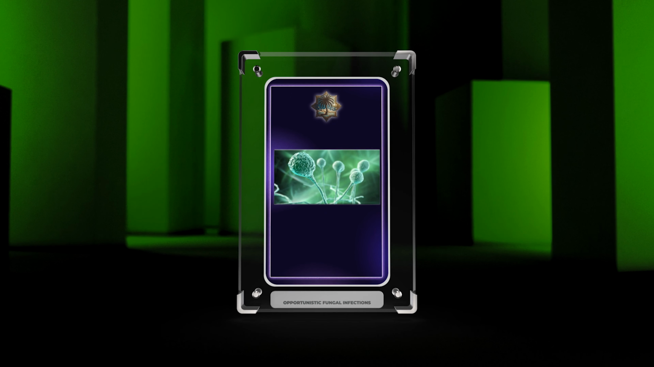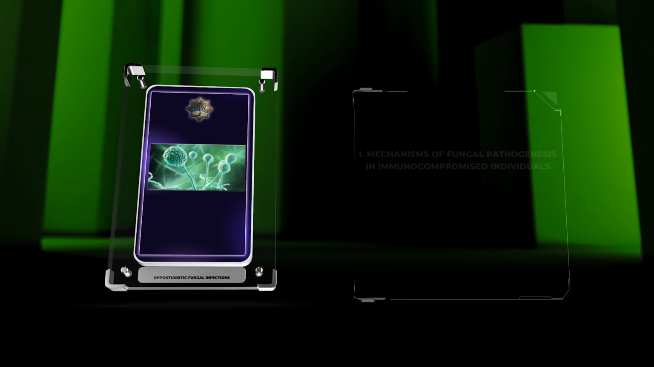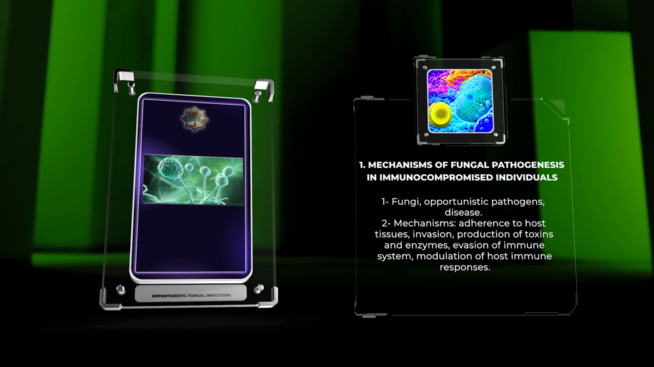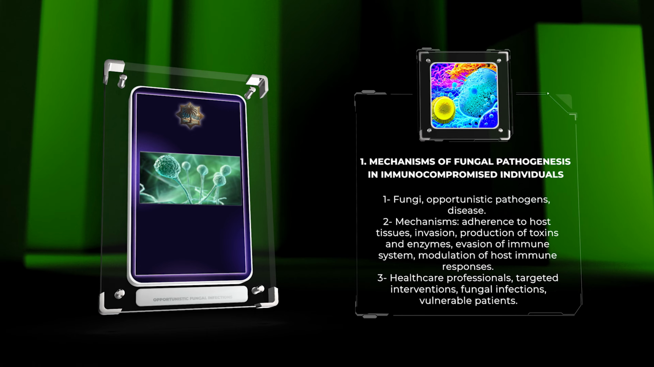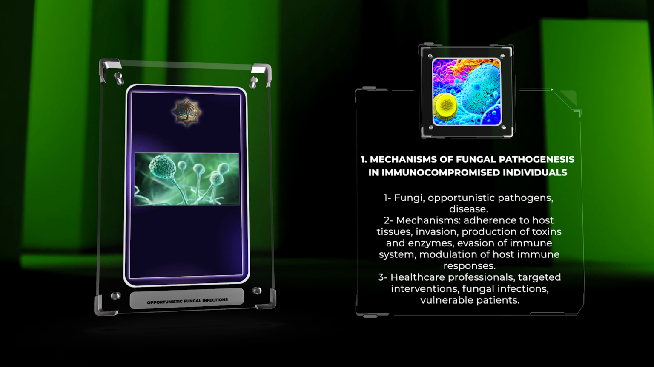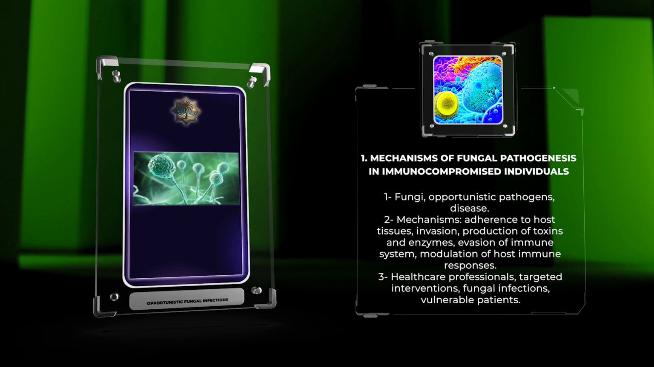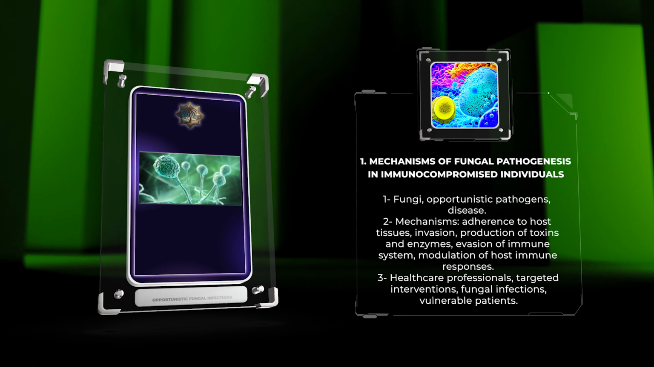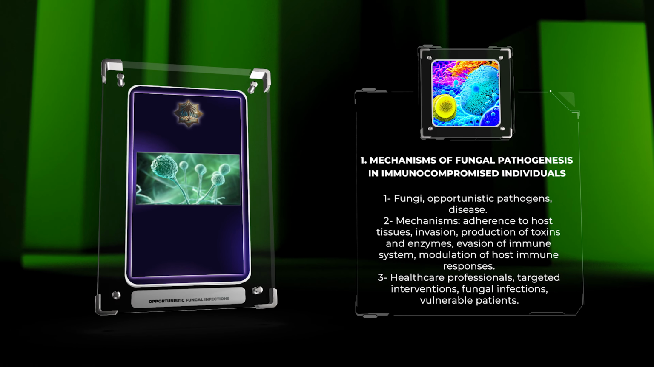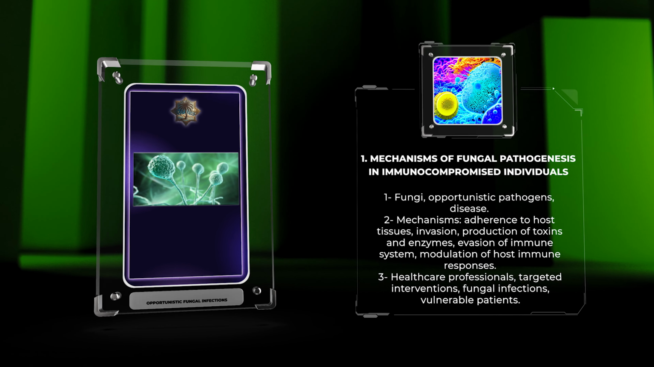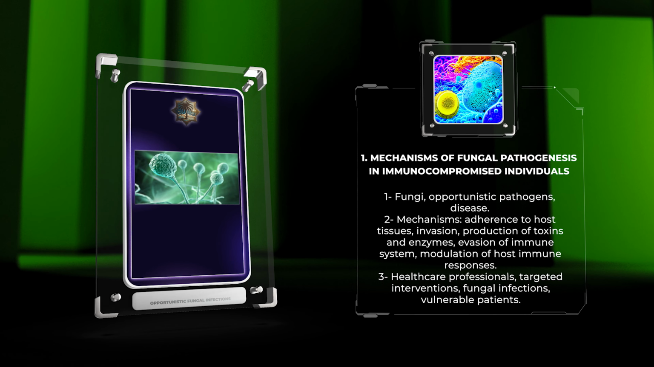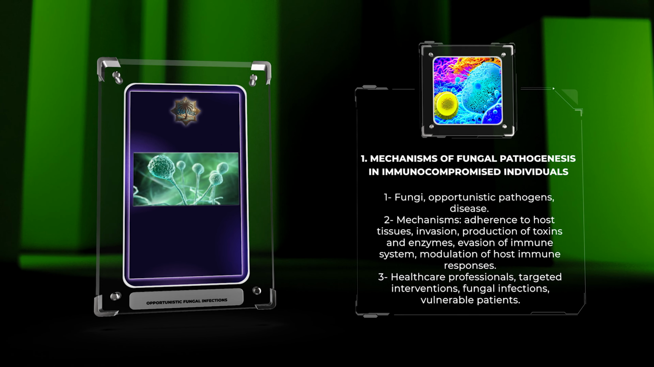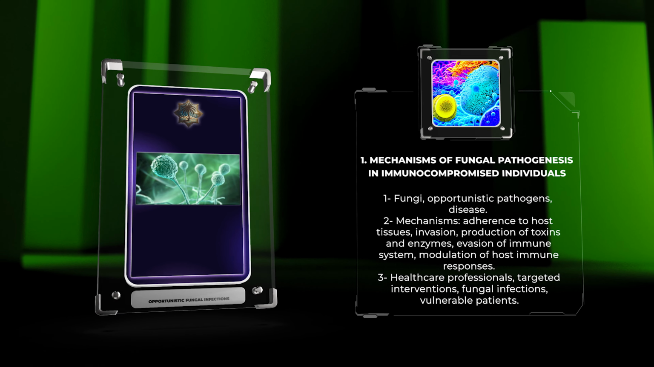prevalent opportunistic fungal infections. Fungi, as opportunistic pathogens, have evolved various strategies to cause disease in individuals with compromised immune systems. These mechanisms include adherence to host tissues, invasion through local factors and host barriers, production of toxins and enzymes that damage host cells, evasion of immune system surveillance, and modulation of host immune responses. By understanding these mechanisms, healthcare professionals can develop targeted interventions to mitigate the debilitating effects of fungal infections on vulnerable